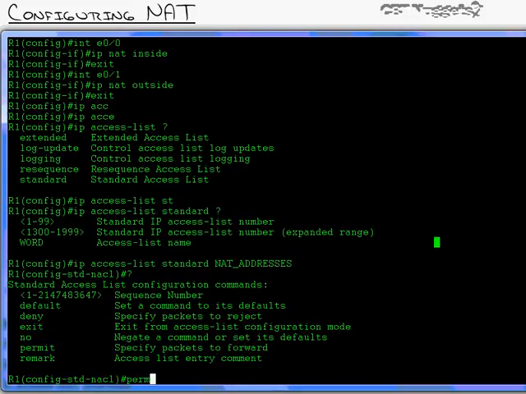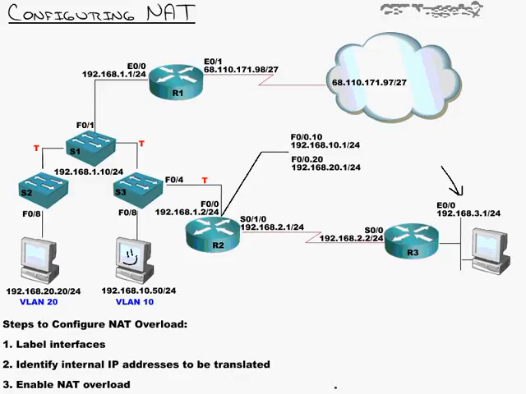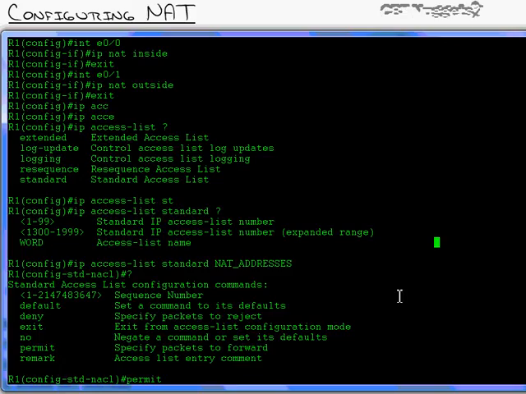I'm going to say permit. Just for this example, I'm going to permit everybody to be NATed, except, just for the fun of it, I'm going to deny these people from being NATed. So I'm going to put my deny first. I'm going to say, instead of permit, deny